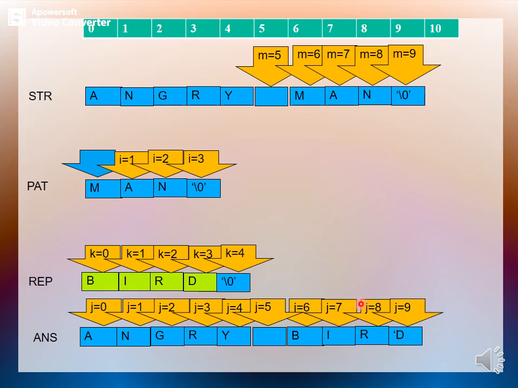Once the replacement is done and reading all the characters in the main string is done, you need to append null in the last position, because you know that every string has to end with a null. So this is about the pattern matching and replacement technique, and the same thing needs to be followed in the program. So next we'll see the program.